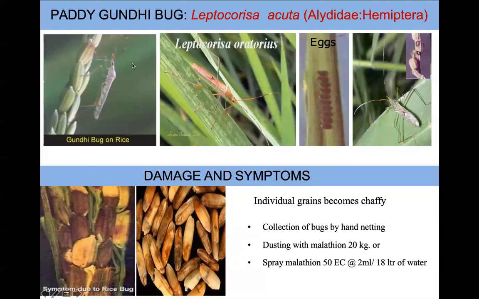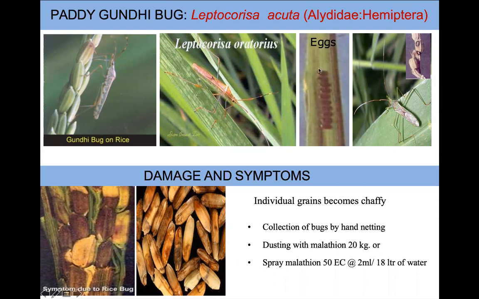Coming to another important pest, that is the Paddy Gandhi bug. That is also called Gandhi bug. Its name is Leptocorisa acuta. So this is the long legged bug you might have seen. The name itself suggests that it has a very unpleasant odor. Sometimes around our vicinity also, if you touch the insect, it gives a very unpleasant odor, and they lay cylindrical eggs